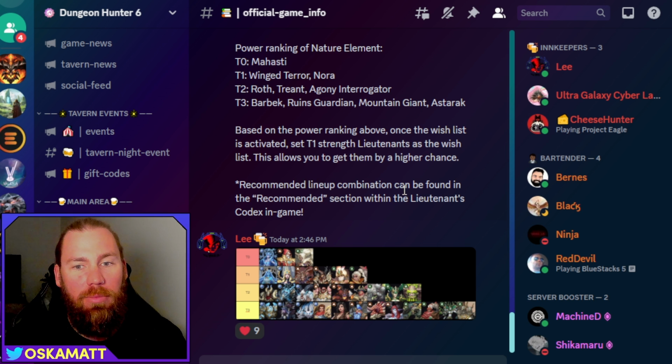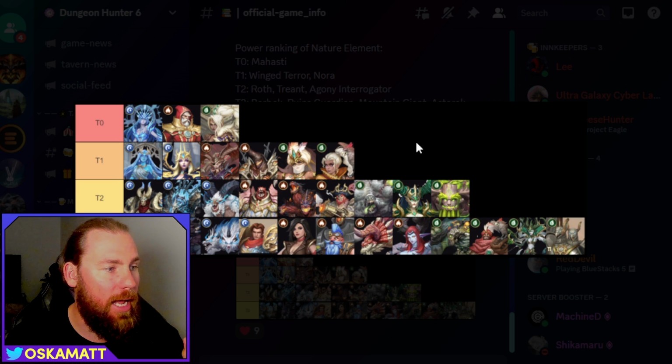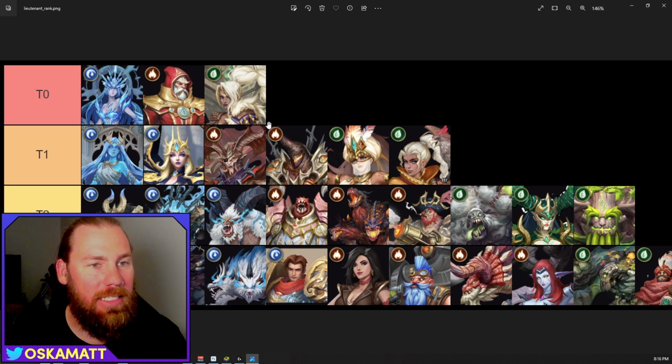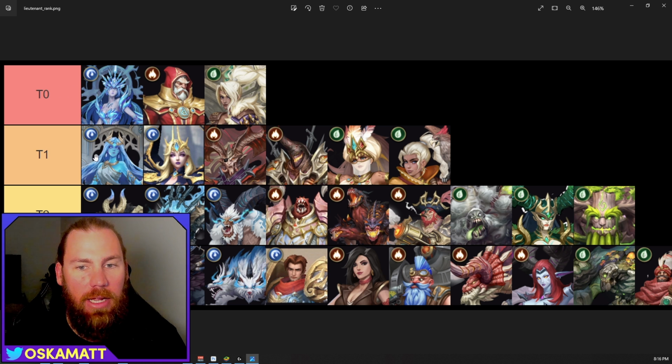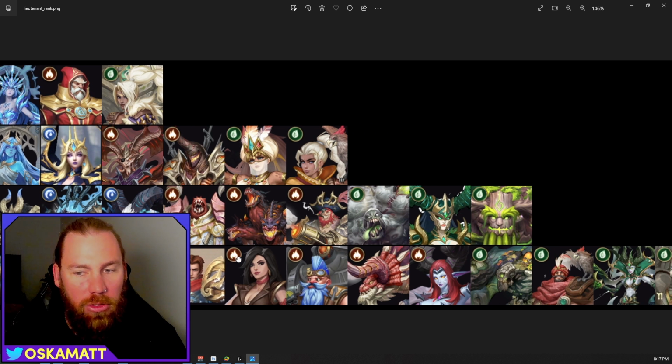The recommended lineup combination can be found in a recommended section within the Lieutenant's Codex in the game. So we'll quickly go and have a look at that. As we can see here behind me, this is the tier list that they have done. That was those 3 that I first looked at, and then a couple others underneath. I'd try and stay in this top 2. If you have to take one from the next line, I'd go with that, but make sure you're not